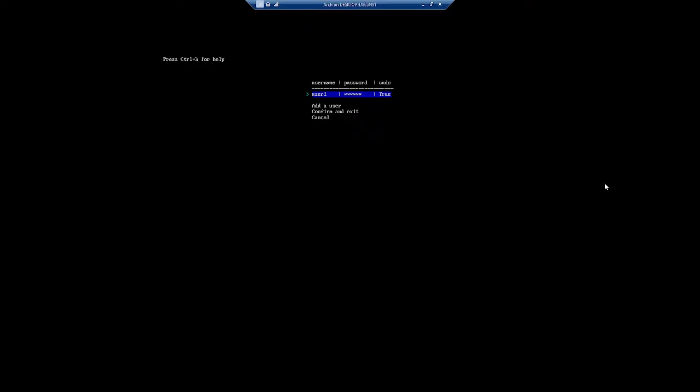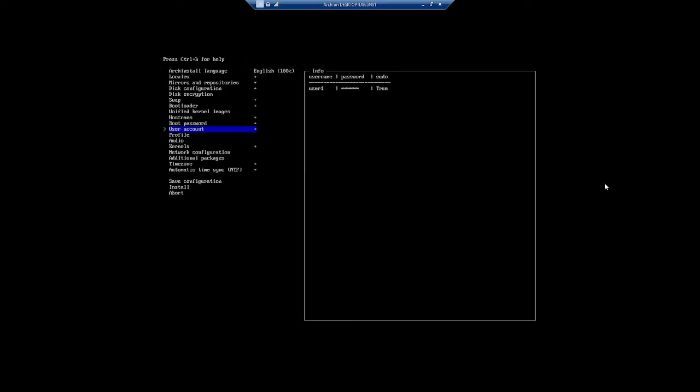Okay, then you can see here you have your user account, and if you need to add another user, then you can press add user, then do the same and add more users. So in my case I'm going to confirm and exit,